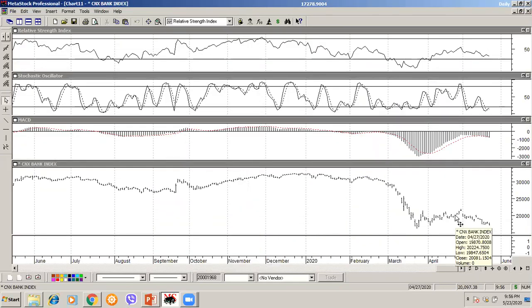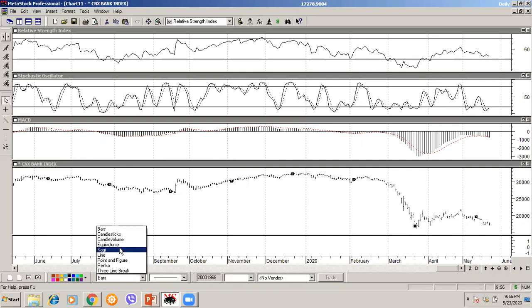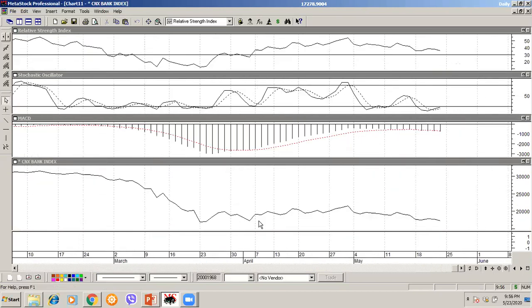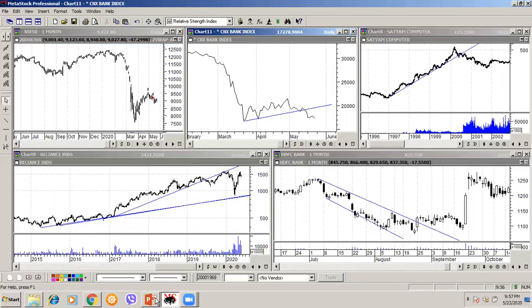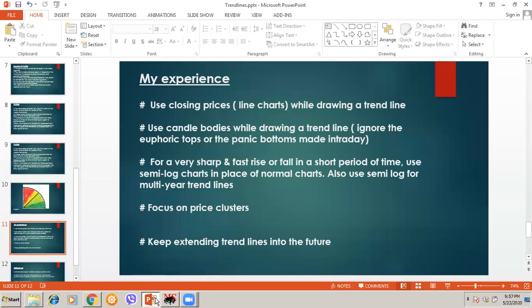Even if I change this trend line, can I actually draw a trend line out here? No, because I'm not getting 3 points. If I try to get 3 points, this one, this one, this one, not much of a factor, but a semi-log gives you a very good idea about how a trend line is constructed. So